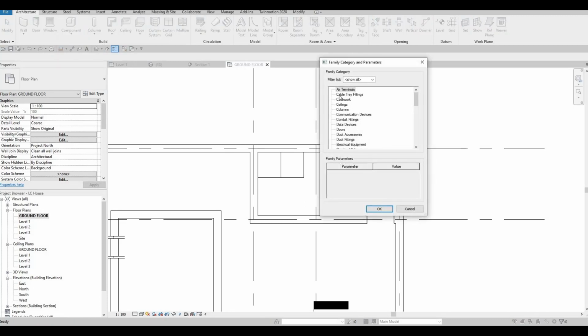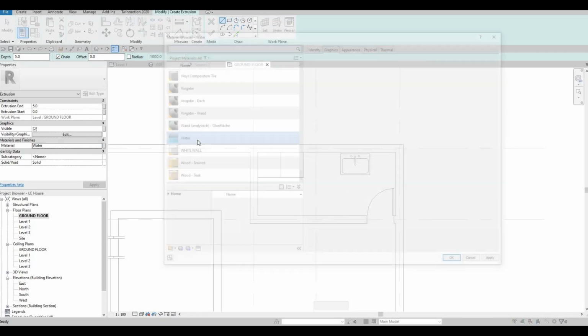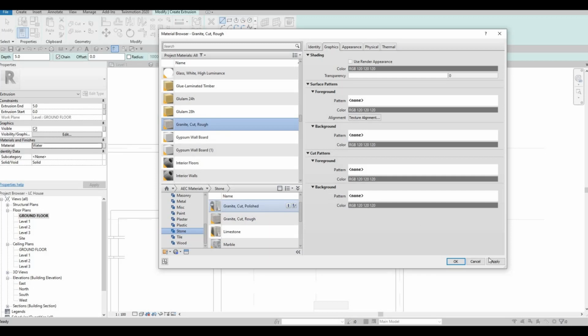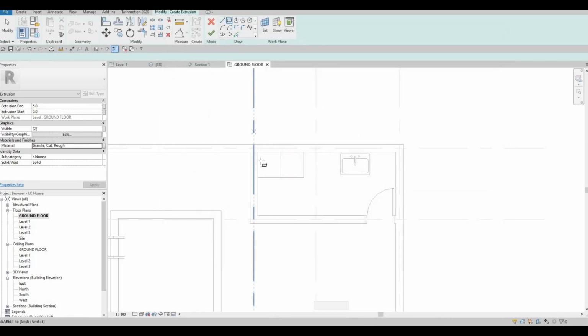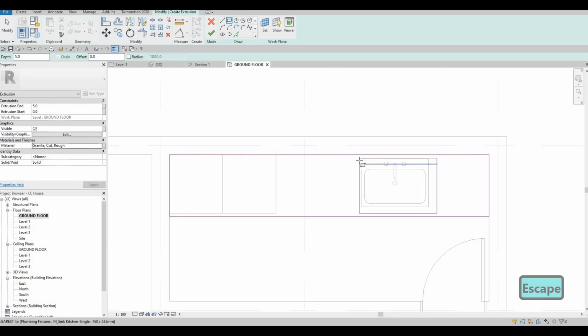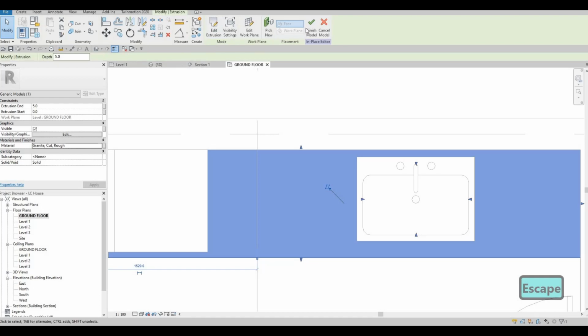a top on that. So what I'm gonna do is I'm going to create a top. So generic model, click on extrusion. Let's change this one. The top should be something wood as well, or we could put a granite, so stone, and then we could put rough, granite cut rough, apply OK, and then here we could just add them right there, give it some space there, and we could just have this one around here, so it will have some opening right there. Click on finish and then finish again,